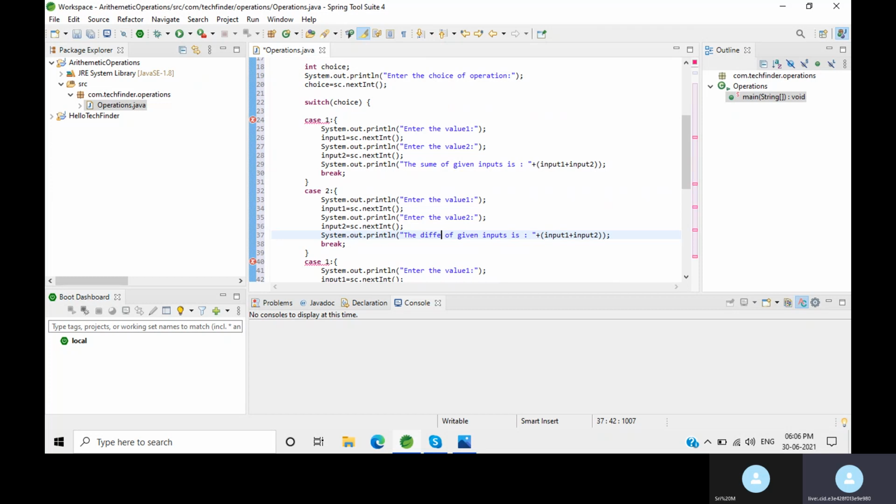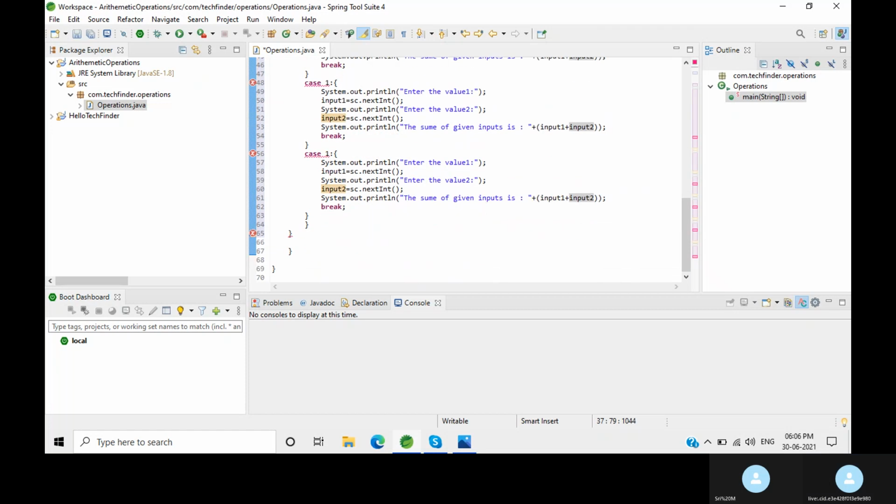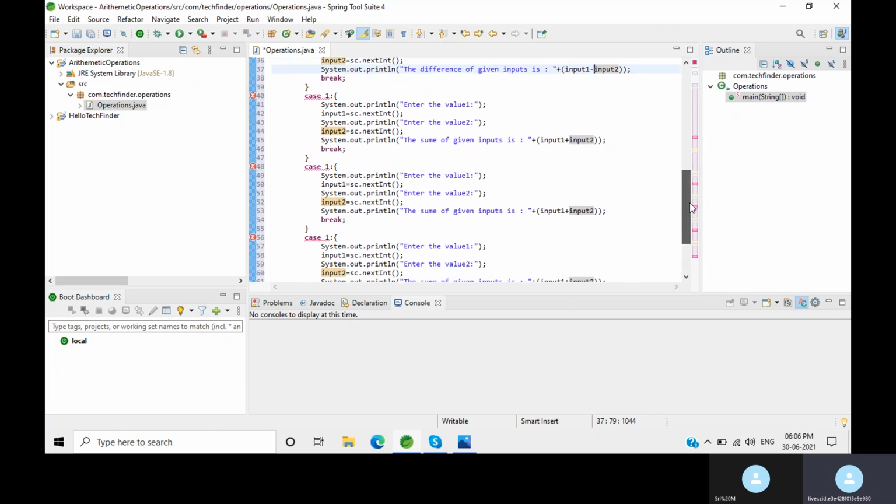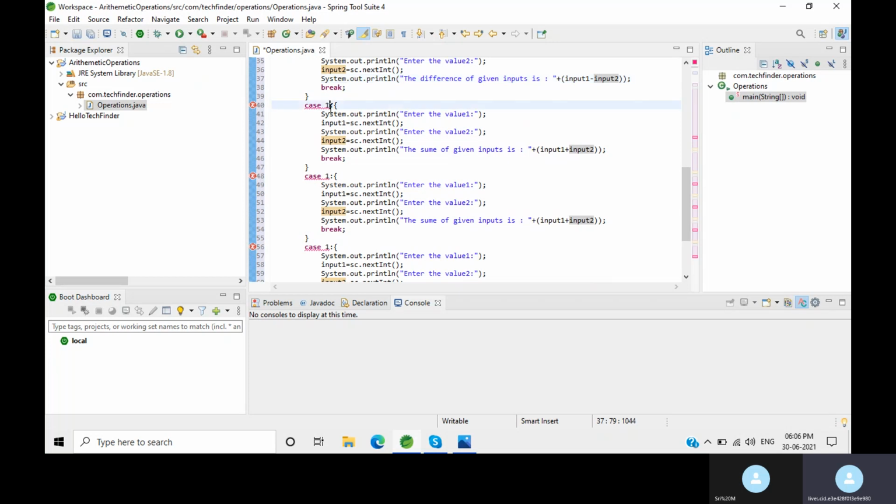Here is difference, then case 3. Here is product.